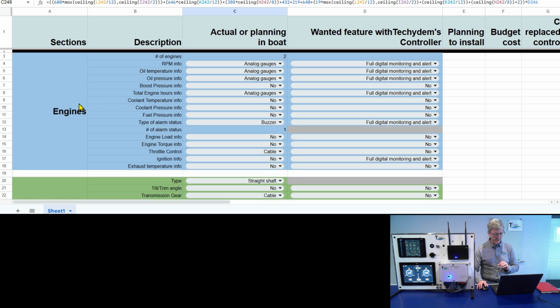The spreadsheet is divided into a section for each type of component.